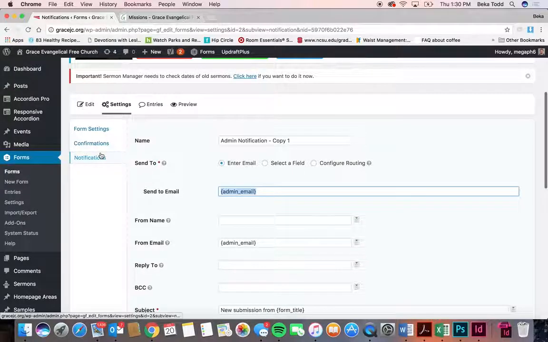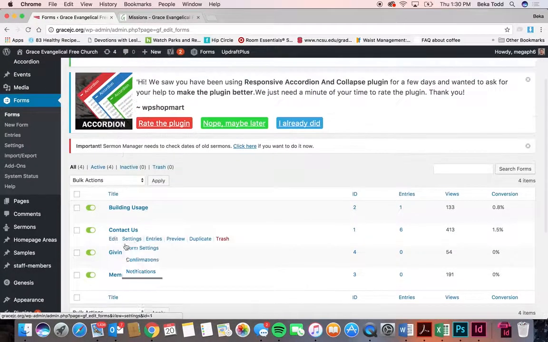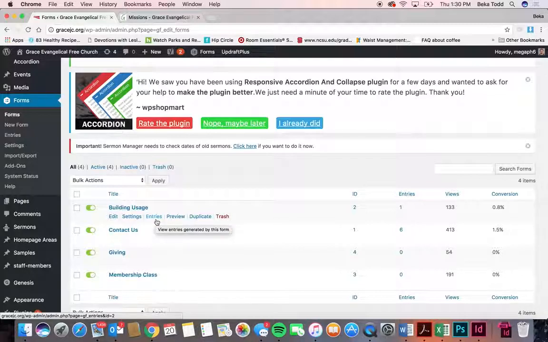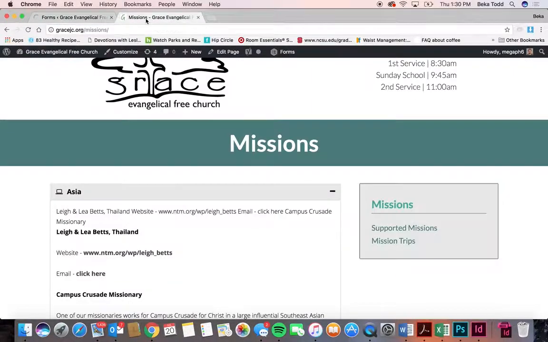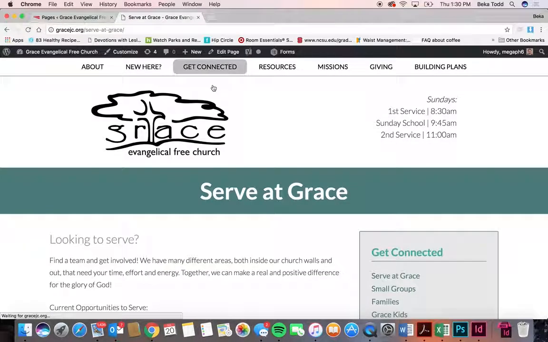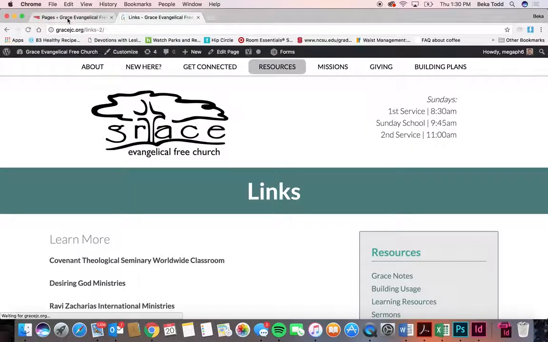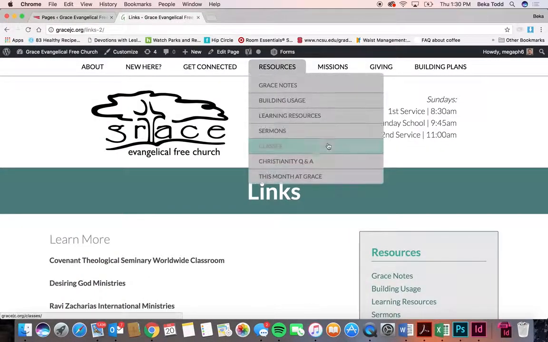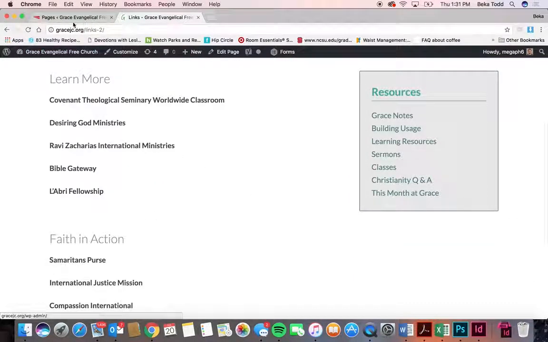So that's another good thing to know, that each form under settings, you want to change the notifications to notify the person that you want to receive those. So let's move on to pages. This is just going to be all the different pages here on your site with all this different information here. And these function pretty much exactly the same way everything else I've showed you so far